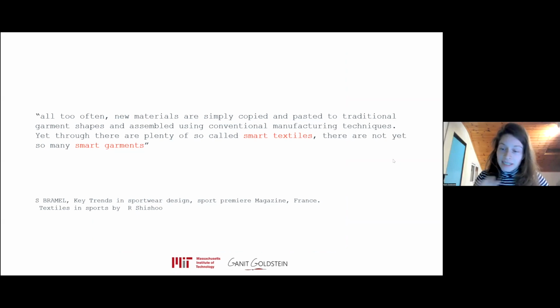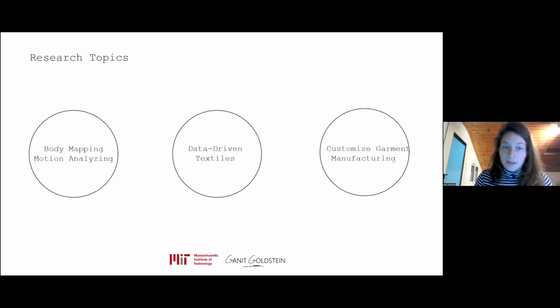Because it's easy to have textiles a bit more far from our skin, but really the question that I'm asking now, and we will go through it really soon, is how we are mapping our body through motion analyzing. And the study that we were doing together in the immersion lab was really to study how we can produce